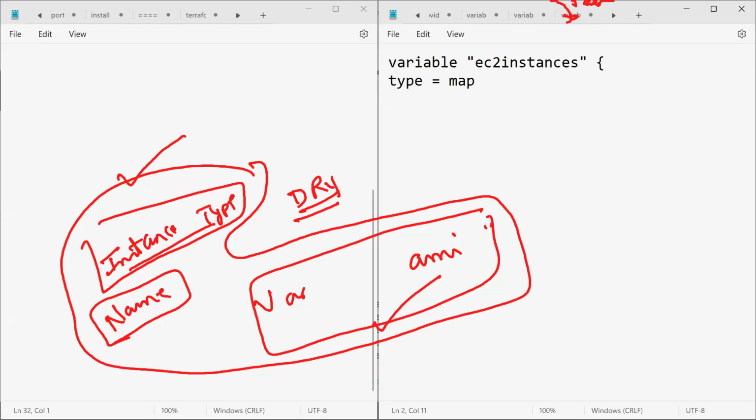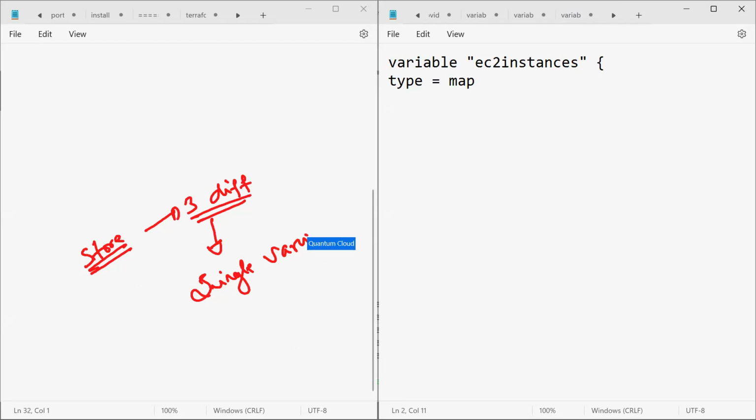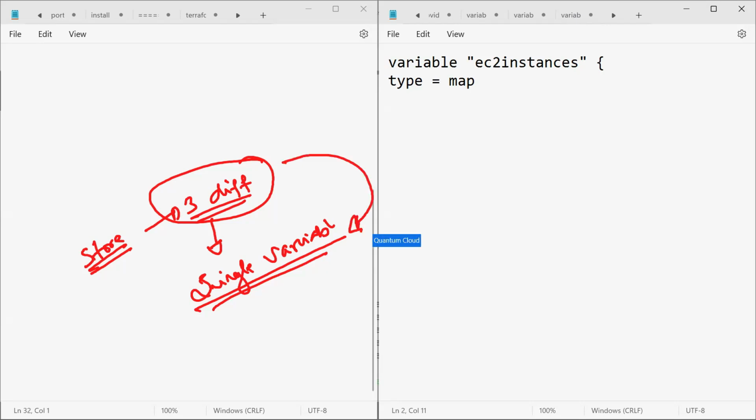So instead of doing that, now I'll show you how to store 3 different variable values inside a single variable. Instead of creating 3 different variables for storing multiple values, with the help of a single variable you can store all these 3 different values. That is what I am trying to do. Okay. So for doing that,